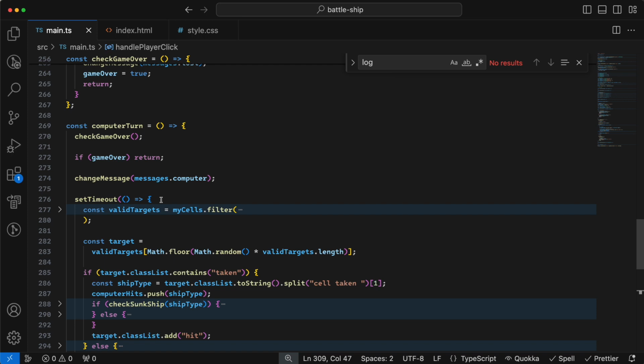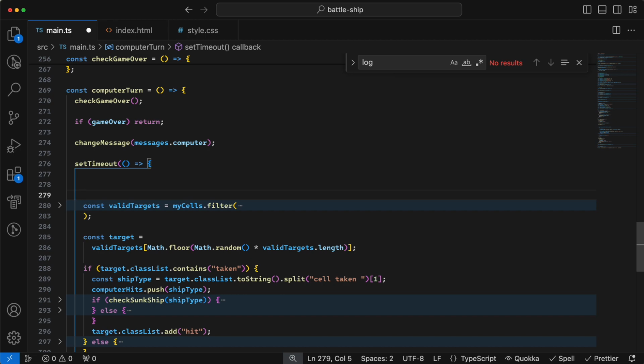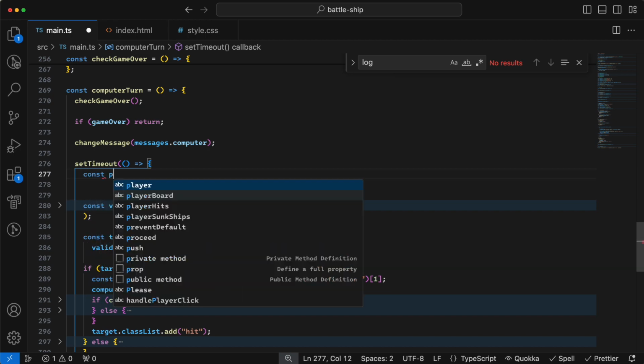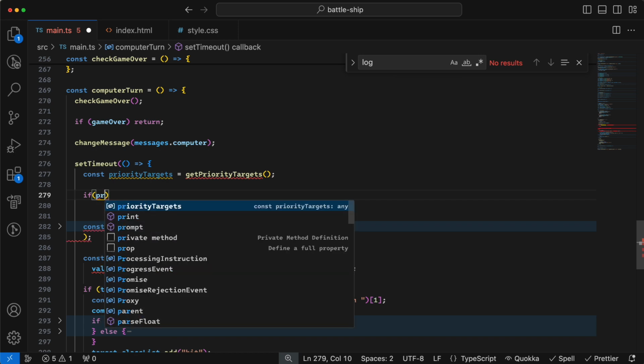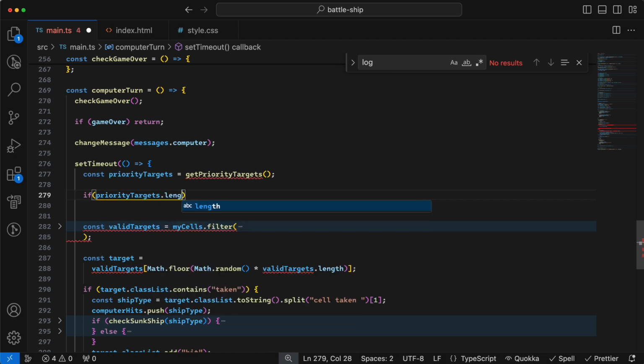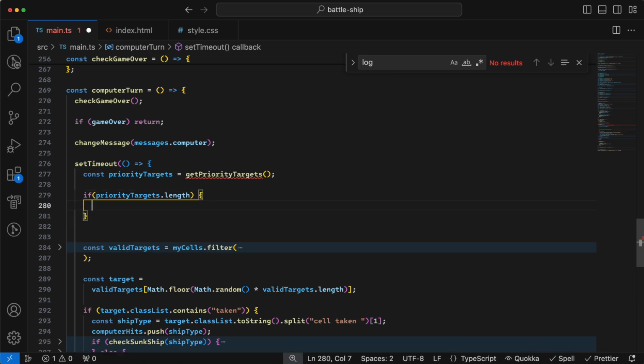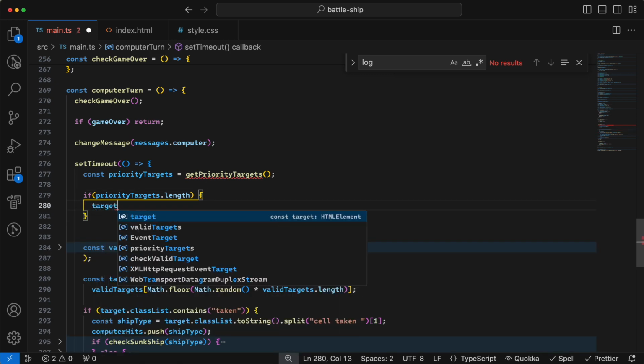And here, before getting the valid targets, I need to see if there are priority targets for him to check. Priority targets is coming from a function called getPriorityTargets, and this is an equal sign. Now, if there are priority targets, we just choose a target from them. So we would say the target is